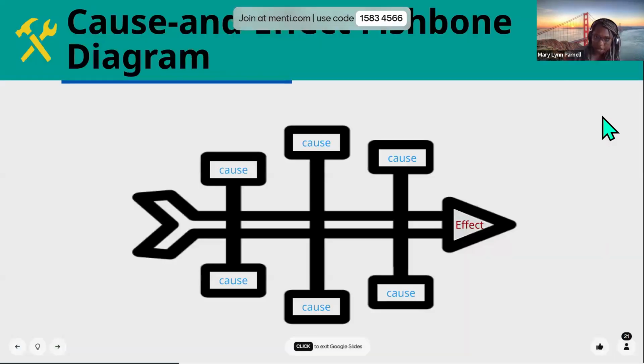So this diagram was created in the 1960s, and it's used to really look for root cause analysis by identifying and categorizing causes to a problem or an effect. So we would state our effect at the fish head. And then what we have here is the central spine, and then we have the different causes. And so the effect, this is where we define what the problem is. And if you Google this, you'll be able to see a lot of different resources for this. But some of the major categories,